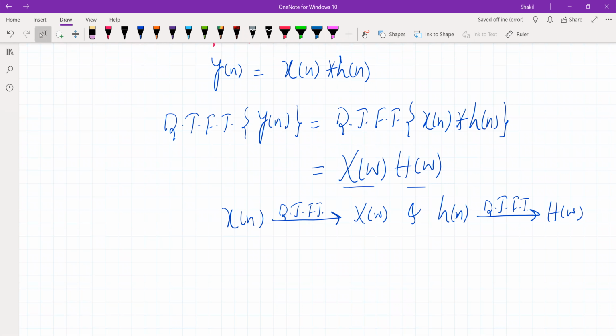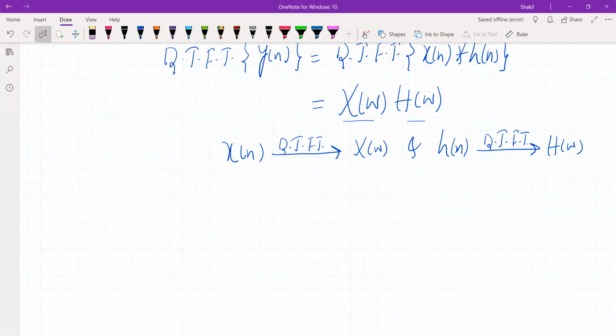So if two signals are convolved in time domain, they will be multiplied in the frequency domain. This is what the result says. This is the most important property of transform theory, and this is the beauty of transform theory. So let's start with y of n. To prove this,